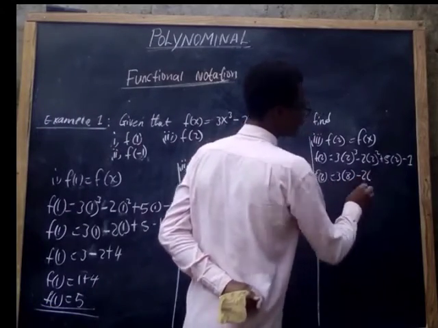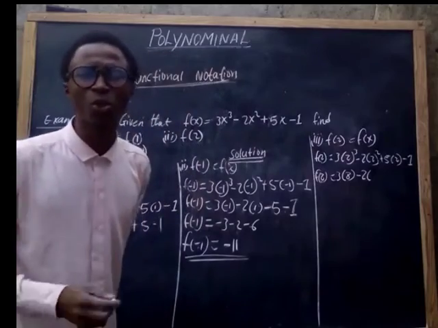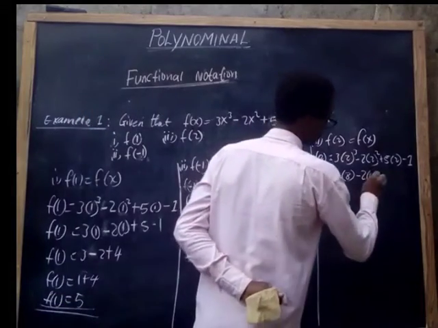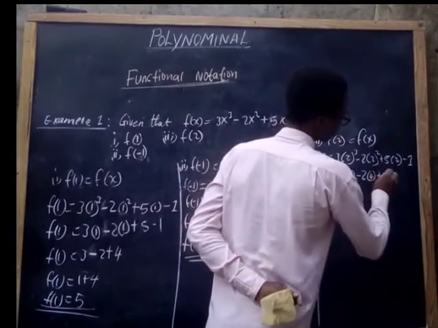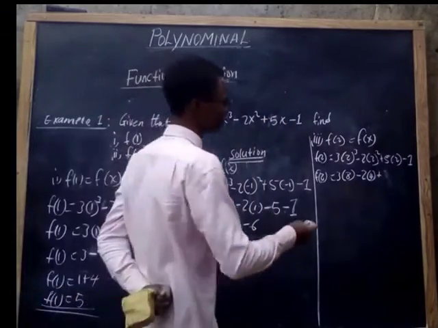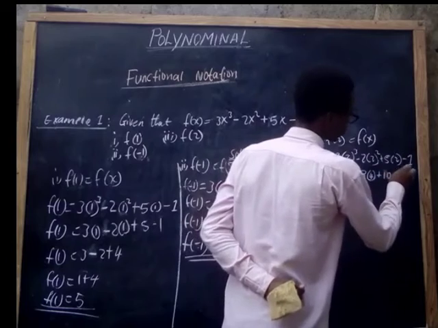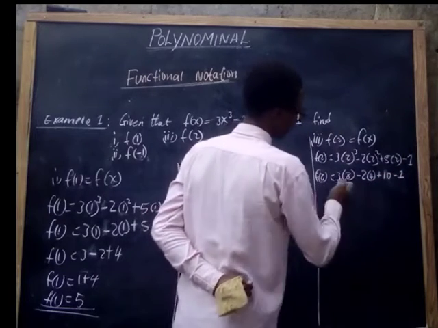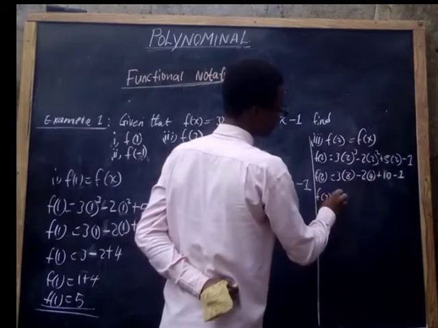Minus 2 bracket 2 raised to the power 2 is equals to what? 4, right? Plus 5 times 2 is equals to what? 10. Minus 1. Good. So say f of 2 is equals to